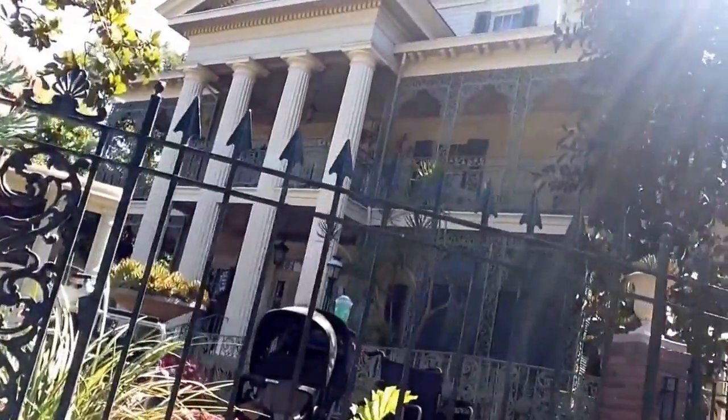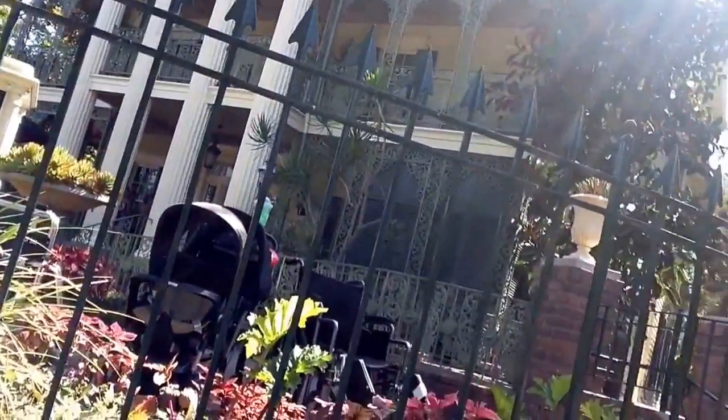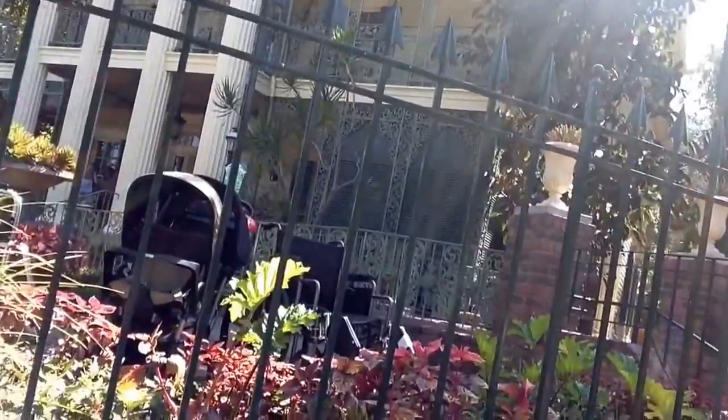I'm not sure that it could be any better, although there are plenty of Haunted Mansioners who disagree with me and think that it should still be an old-school walk-through attraction. If you've ever read It's Kind of a Cute Story, which is Rolly Crump, the Imagineer's autobiography, co-written by Jeff Heimbach, he talks about a lot of the original ideas for the Haunted Mansion,